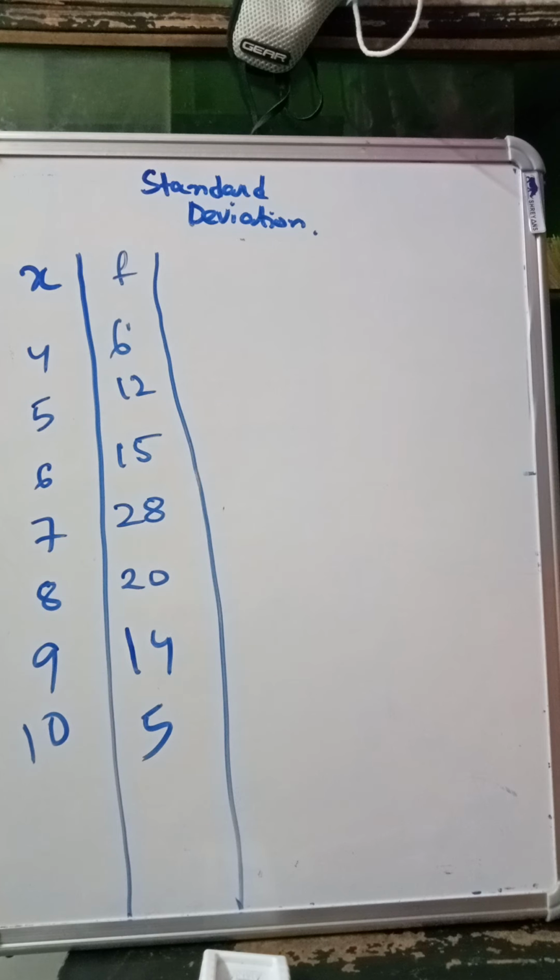So today in this video we will again go through one sum which is a type of standard deviation. Now in the previous video I discussed one sum of standard deviation for an individual series, or we can say ungrouped data, but in that sum we did not have any frequency, so that was a sum for ungrouped data without frequency. Here we have frequency, as you can see. So this is also a sum for ungrouped data or individual series, but in this sum we have frequency.